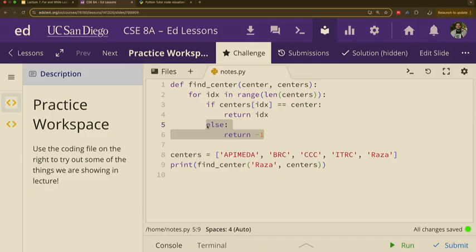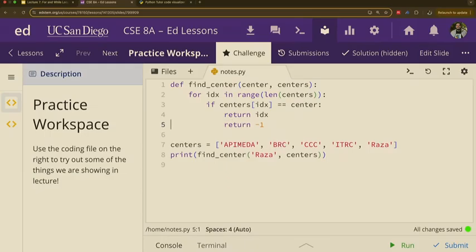Do we want to, oh sorry, you were going to say something? Oh, like delete the else. Let's do that, and then press backspace on the return a few times, or twice. Twice. Why twice? Because then it's out of the for loop, so once the for loop completes and it doesn't find the center, it'll return -1.